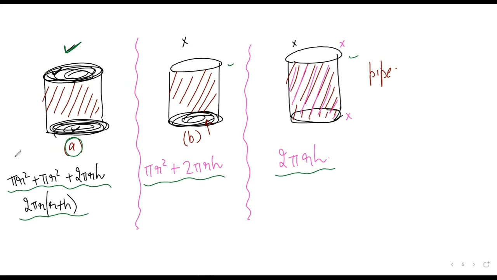So this is the surface area. Let me write total surface area. And the volume would be pi r square into h, which is equal to pi r square h. So any doubt? No doubt. Okay. Now,